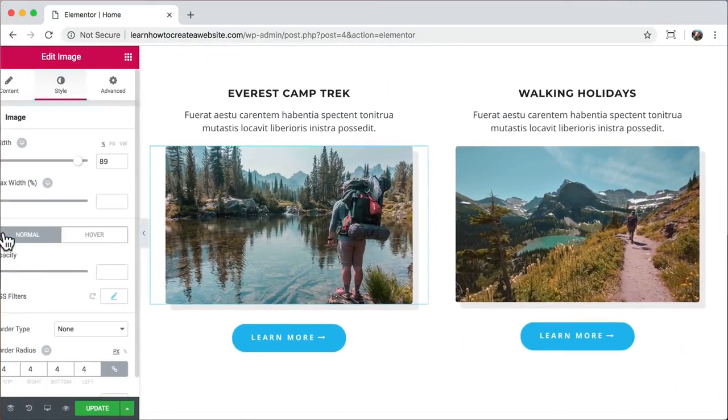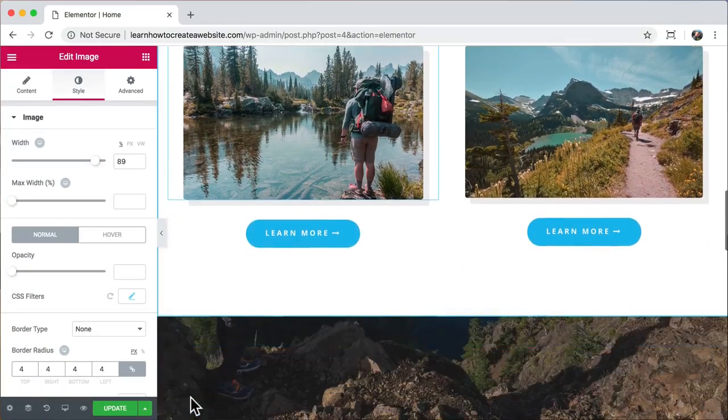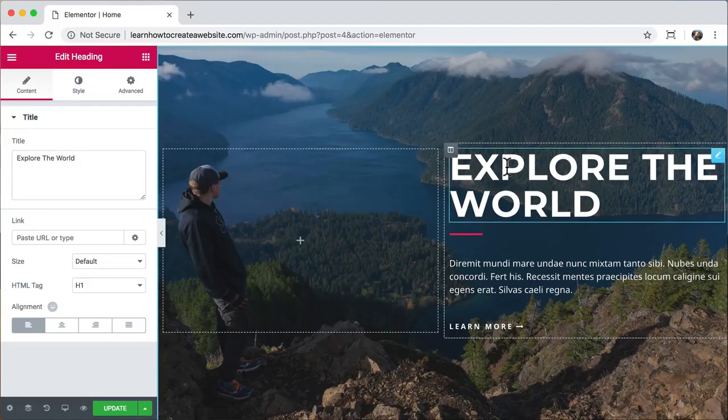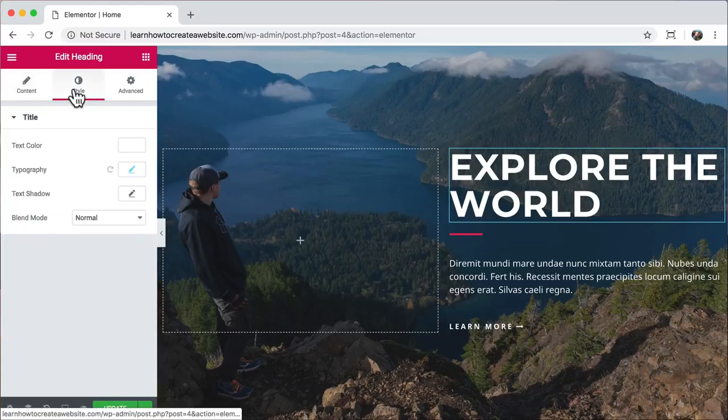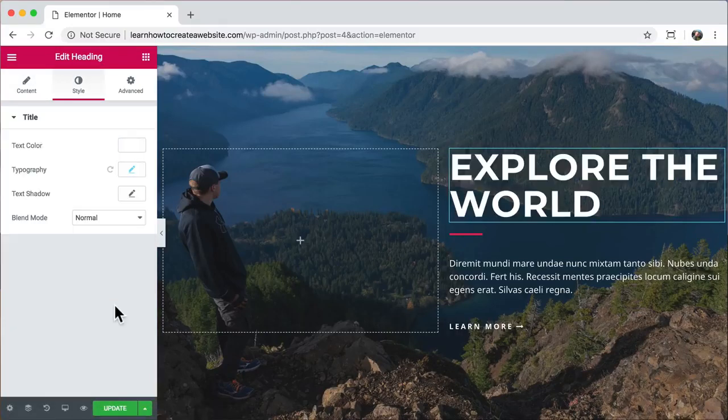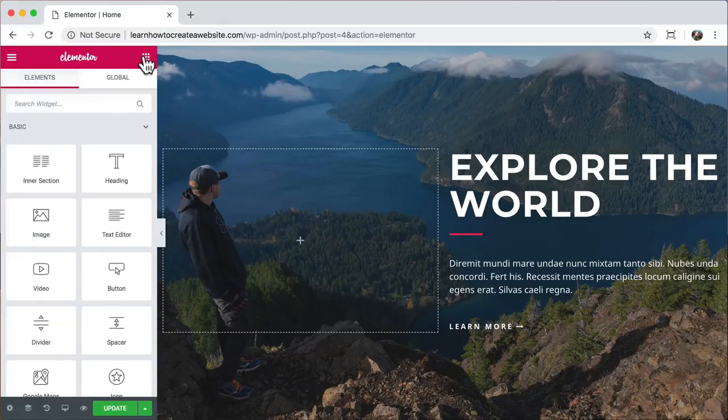All right, now let's scroll down and let's edit another section. Let's edit this Explore section right here. As you already know, we can click on this text right here and go to Style and change the colors. That's all boring stuff now though, right? Let's do something much better. Let's click on this little menu icon right up here, and let's add something instead of just editing something. So let's choose maybe a video,